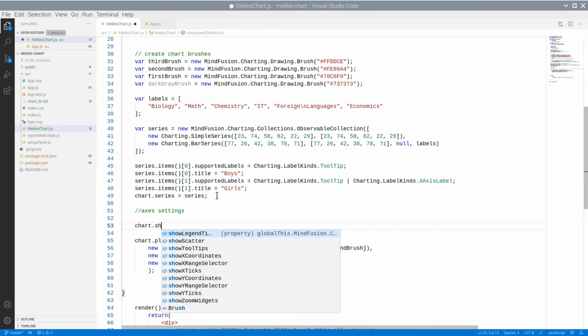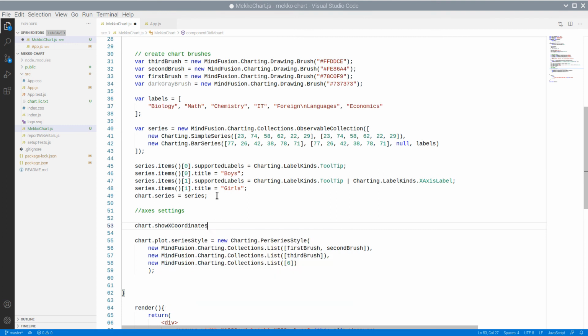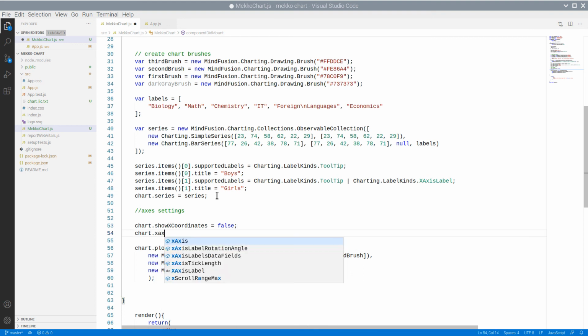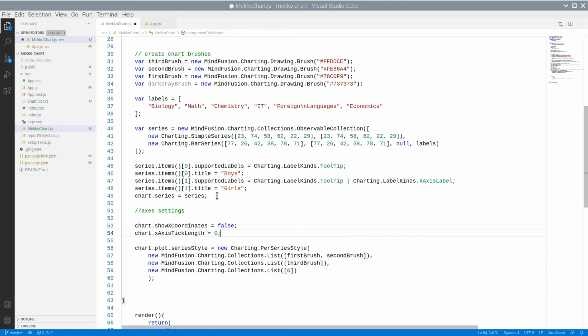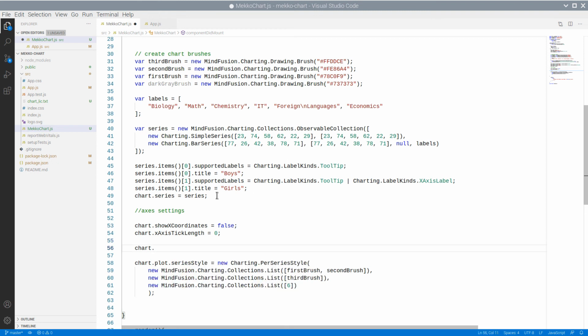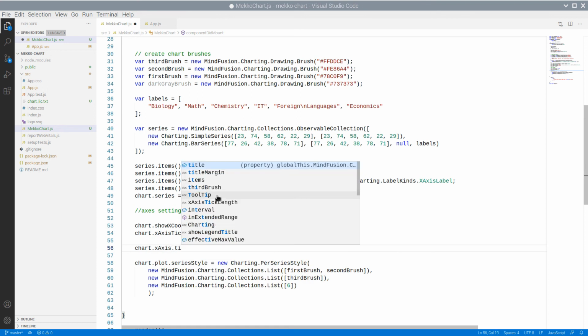We hide the scale division on the x-axis with show coordinates, which we set to false. The length of ticks is 0. The x-axis does not need a title.